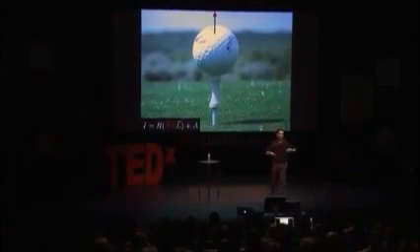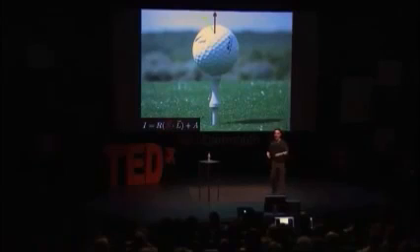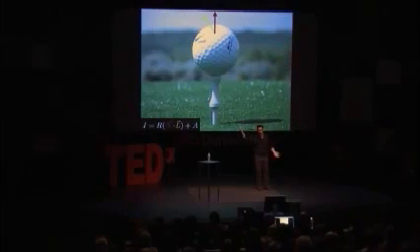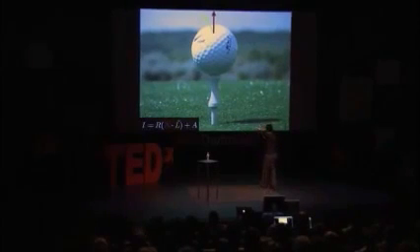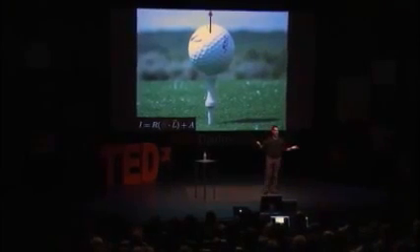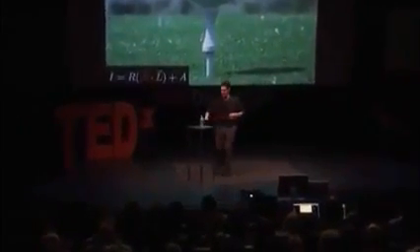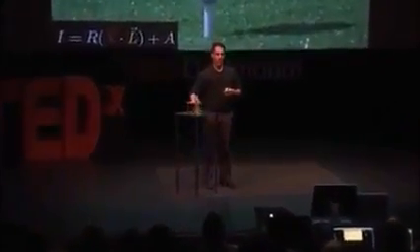So, we now know how to quantify how much light strikes an object, and we know that it's proportional to the thing we care about. Where is the light? Because once we know where the light is, we know where the shadows are. That's simple geometry. Okay, so how do we do this? Well, here's the problem. I need to know something about the shape of the object. That n there is a vector that is perpendicular to a shape. But when I take a picture of that, I've lost that information. I have a two-dimensional image of a three-dimensional world, and I've lost all information about 3D geometry. And now you're in trouble.